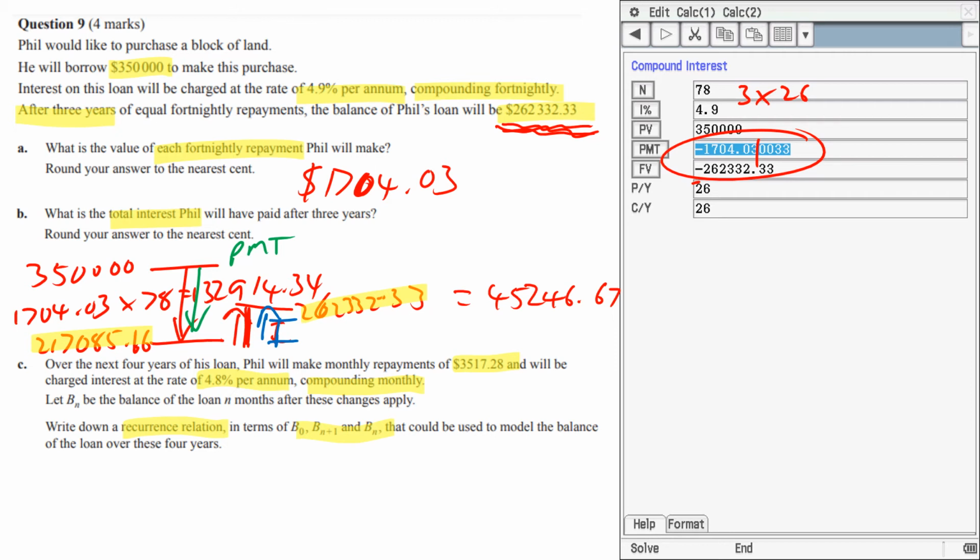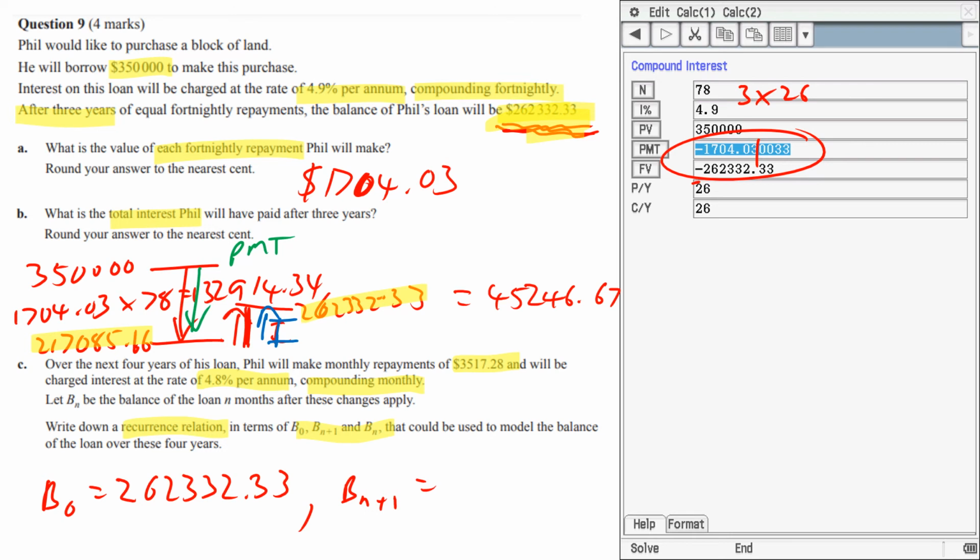After he's changed from this previous loan, so actually our B naught is $262,332.33, comma, and the next term is going to be